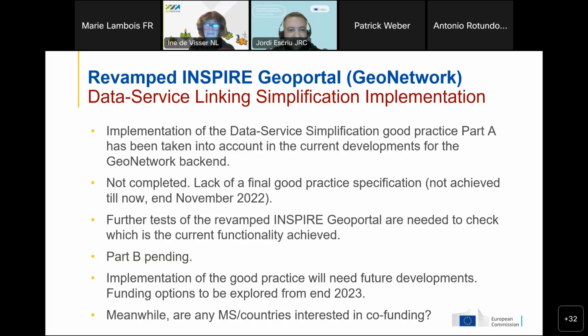So here it's important to highlight that all these pending implementations, despite that there is, of course, our push for implementing it in the geoportal, we will need to explore new funding options in the near future. This means that at the end of 2023, we will have to also provide new funding opportunities to push for these elements to be included in the revamp Inspire portal. All the parts that are pending, and we also invite different member states, countries that may be interested in this kind of activity to also think about possibly co-funding this activity to speed up